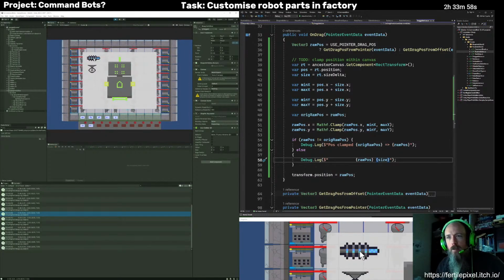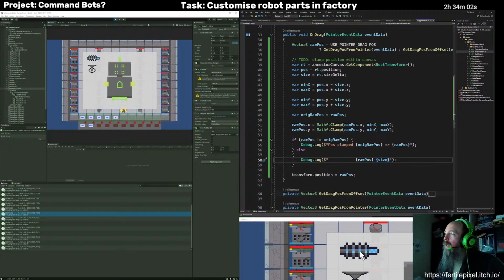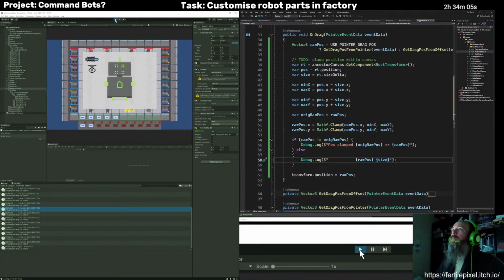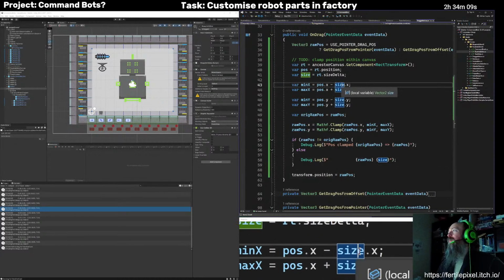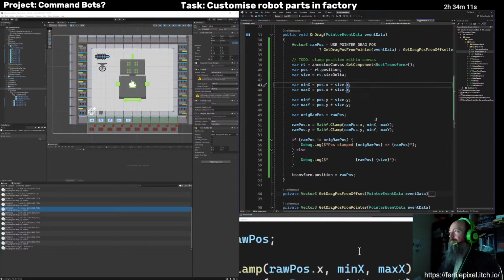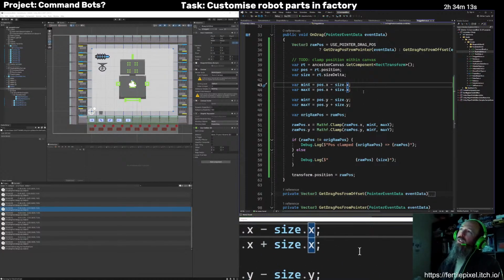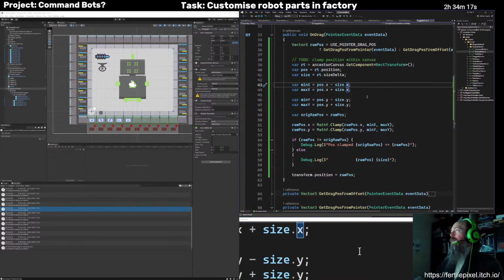Okay. So size 9 and 7. Yeah? Oh, okay. I figured it out. It is clamping between negative 4.5 and like positive 13.5.